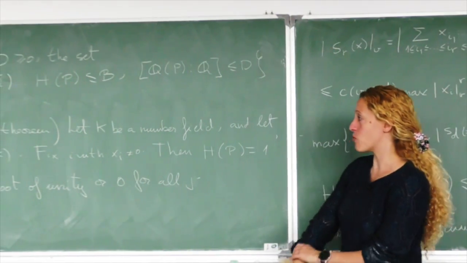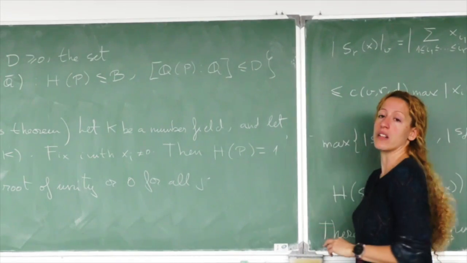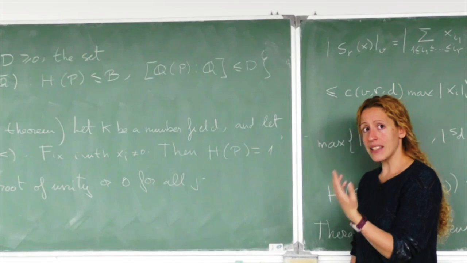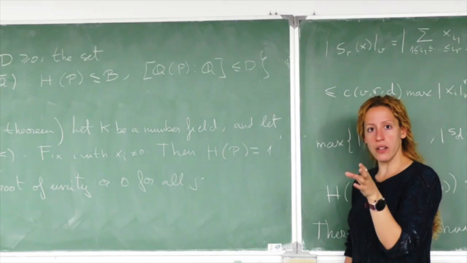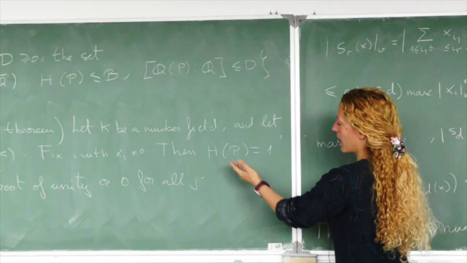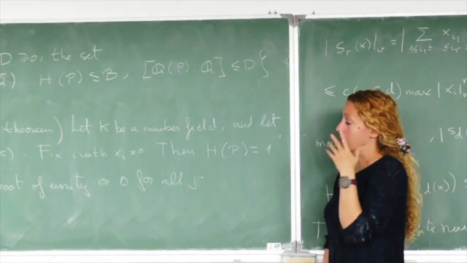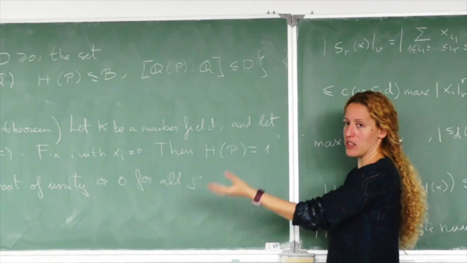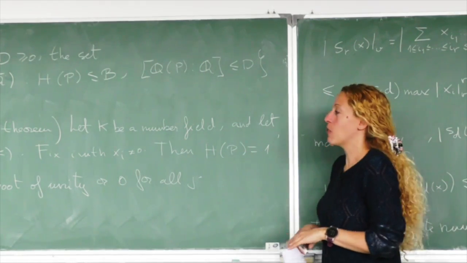But this is amazing, right? We have an explicit, very precise characterization of points with height 1. Somehow this is intuitive, right? Because we said that the intuition behind is that the height of the point is somehow like the maximum of the absolute value of the norms of the coordinates, more or less. So if the height is equal to 1, that means that each coordinate has valuation 1. And the only numbers with height equal to 1 are the roots of unity. More or less, right? This is intuition. Well, let's prove it.